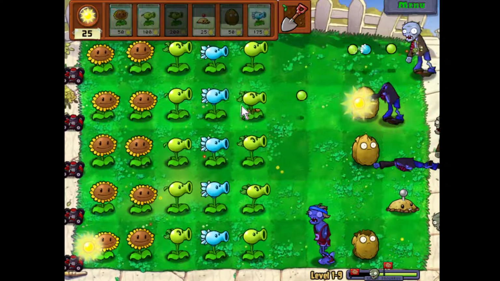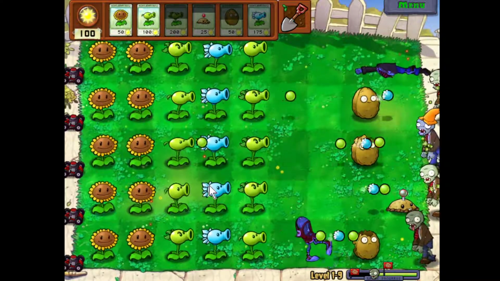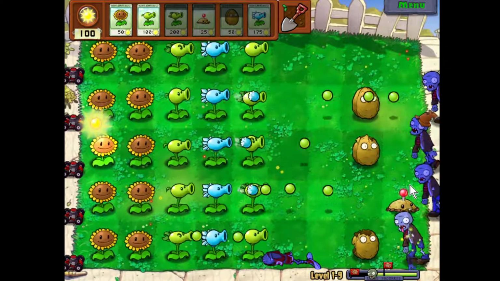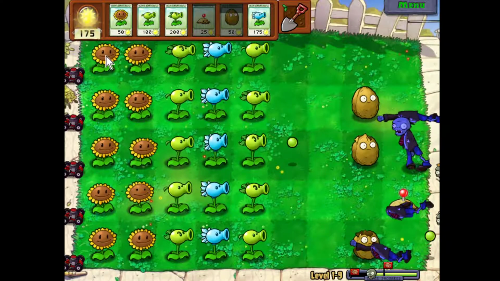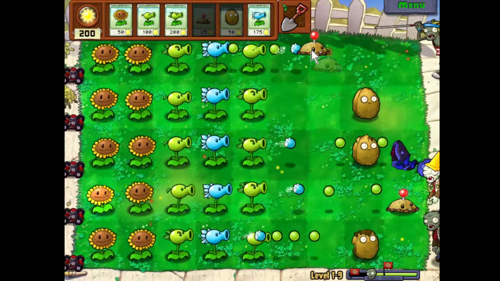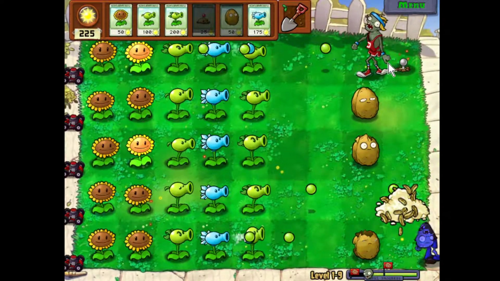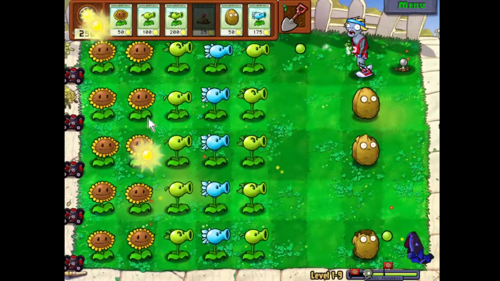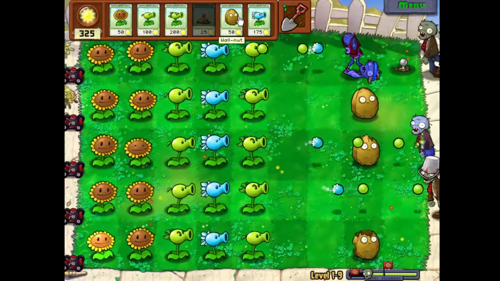Alright, there's another double. So now I've got 3 regular peas and a frozen pea shooting from every row. That should be more than enough for all the zombies that are coming through here. Come on. And since the walnut wasn't ready, I just put that down for him to jump over. I hate doing that because then it'll just get blown up back here and I have to put another walnut out. But,